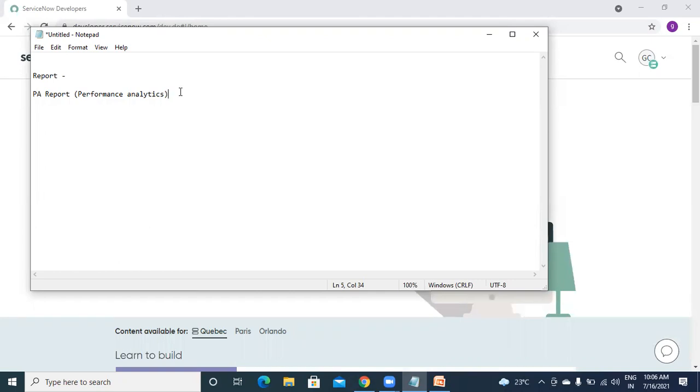We have to install the performance analytics plugin by ourselves. That is the difference. If we get time today, I will try to find that plugin, even though I don't remember the name, and install it, and we will see some out-of-box PA reports. For now, we will cover only normal reports.